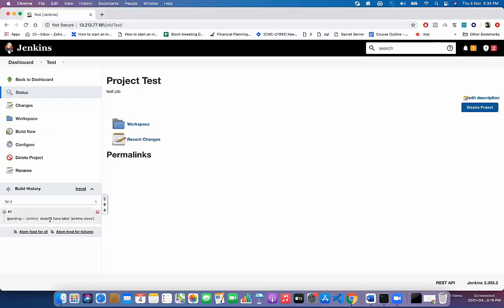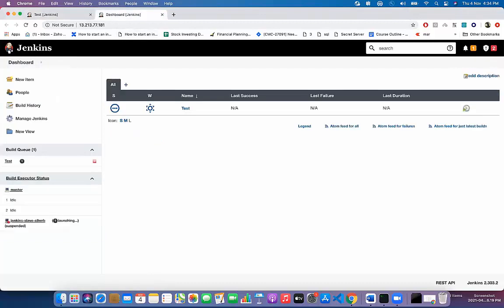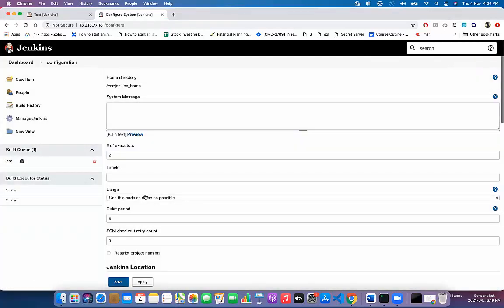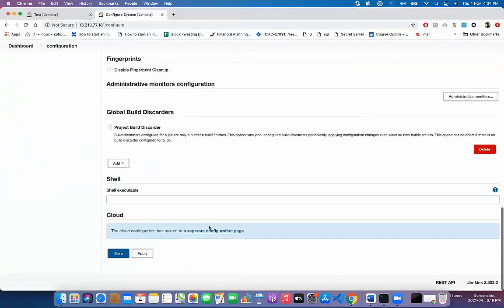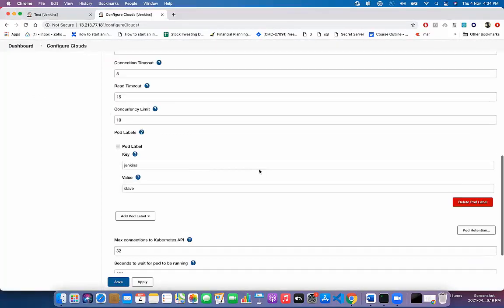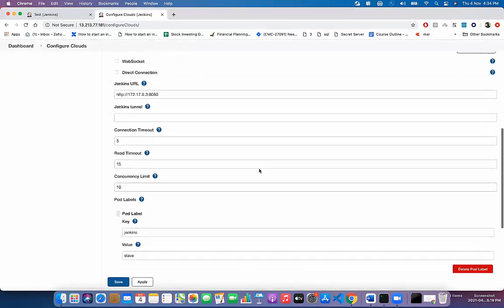Already it's showing in the pending state. So I'm going to make one more change. Okay, I will go back to the configuration, go to manage Jenkins, configure system, and I will scroll down to cloud separate configuration, and inside this we will say Kubernetes cloud details. And if I just scroll down,